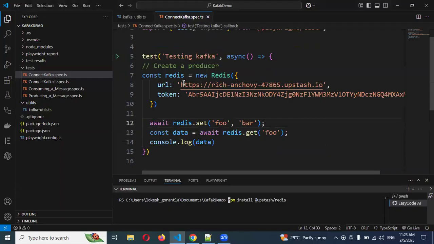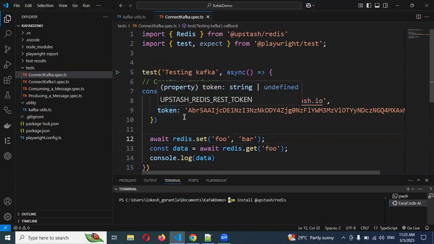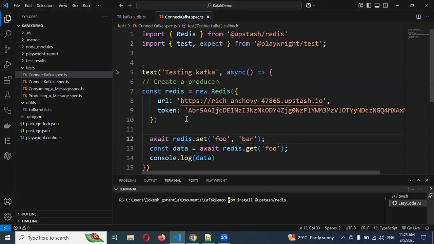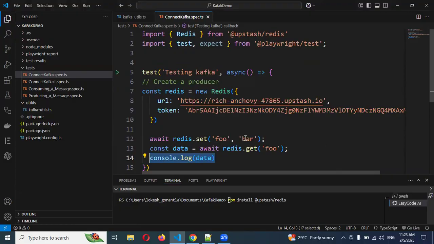Okay, this is basically Redis. Okay, Redis basically supports a format similar to Kafka. You can connect to it and you can get it. Okay, you can set this one and you can get the data. And here we are able to get the data or not. Okay, and here I'm going to say